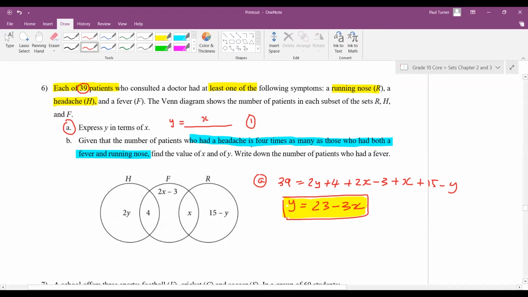So the number who had a headache, how many had a headache? 2y plus 4, isn't it? So headache is 2y plus 4. And how many had both a fever and runny nose? Fever and runny nose is x. So let's put that there. Fever and runny nose is x, yes? So it says here that